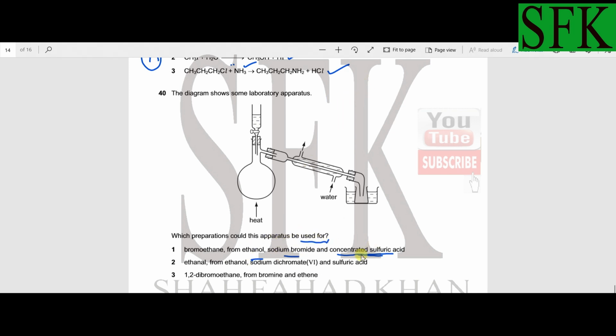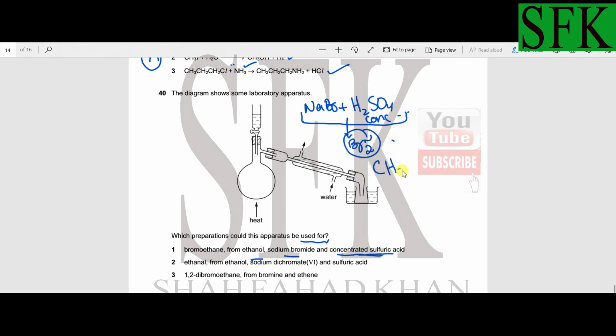And sodium bromide and all right. So now let's try. Let's draw out the structure of ethanol and then react sodium bromide with it and concentrated sulfuric acid. Okay, now sodium bromide and concentrated sulfuric acid, what does this hint us? Sodium bromide and concentrated sulfuric acid, they'll both react to give us bromine gas, and this bromine gas will go